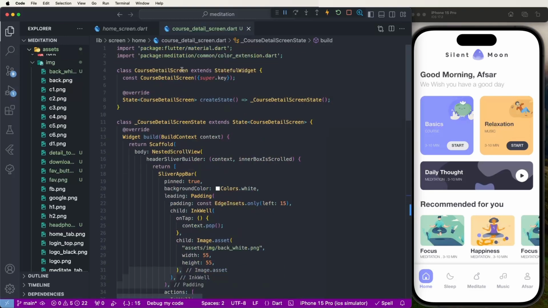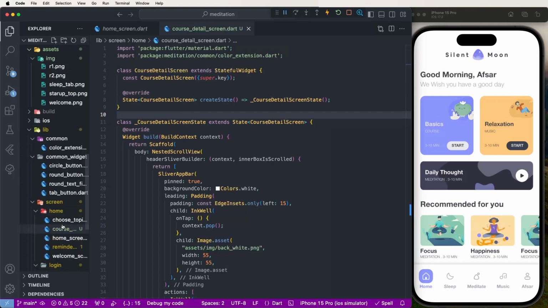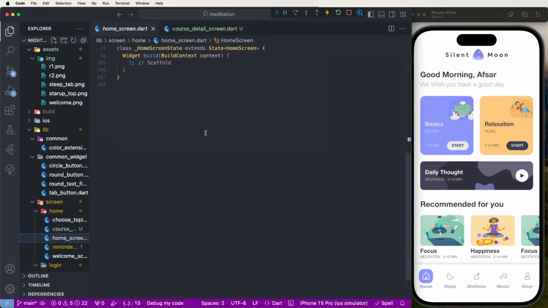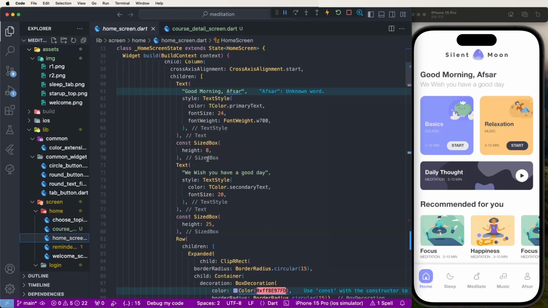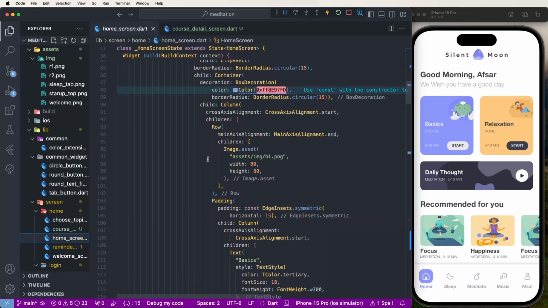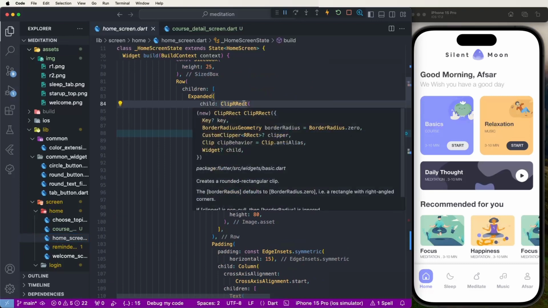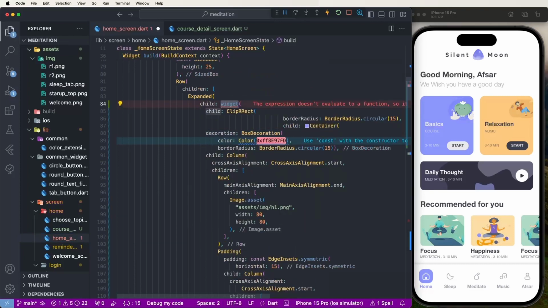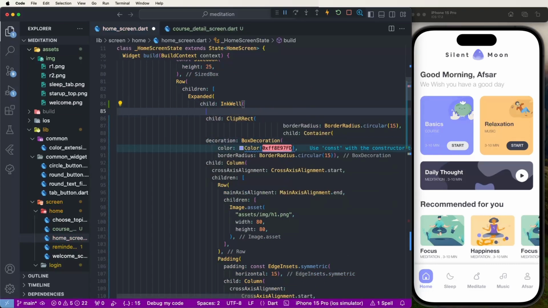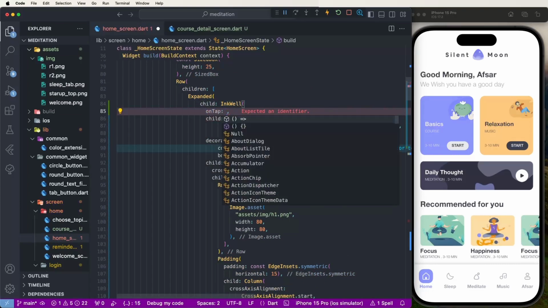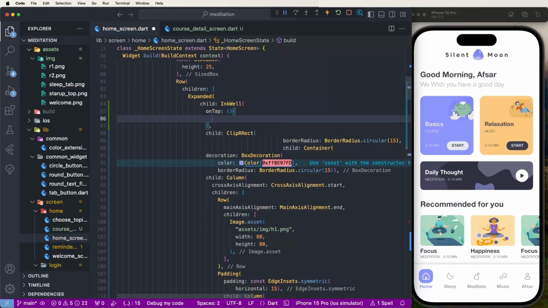Now we need to configure the screens. First of all, we need to give the configuration for these buttons. Now we need to go and find the home screen and find these widgets, and first of all convert them into InkWell buttons, with onTap events, and write inside the onTap event the Navigator push method,